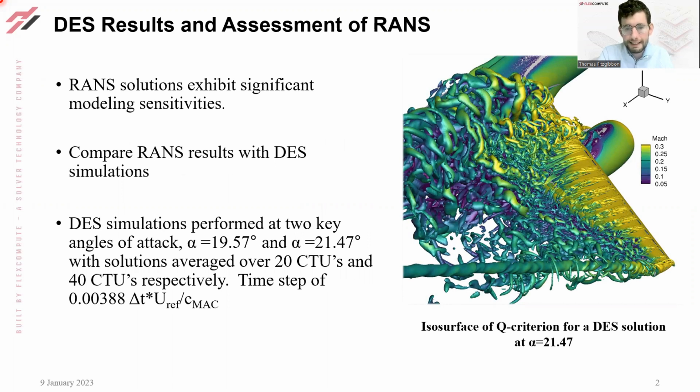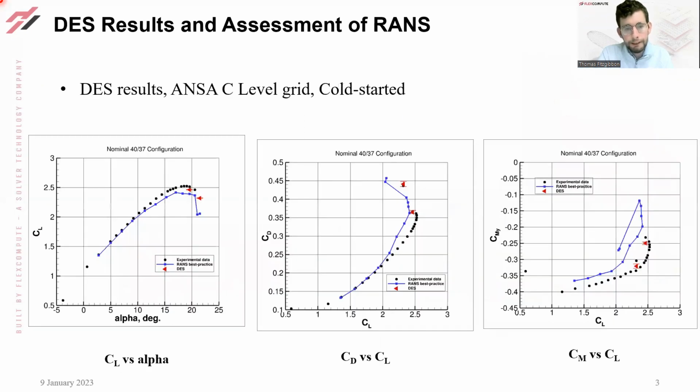To provide an assessment of RANS for high-lift predictions, we compare RANS solutions with results from DES simulations at two angles of attack corresponding to CLmax and stall conditions using the ANSYS grid. The DES predictions lead to significant improvements compared to the best practice RANS results. At CLmax, a higher lift and lower drag is seen with a much milder stall at the highest angle of